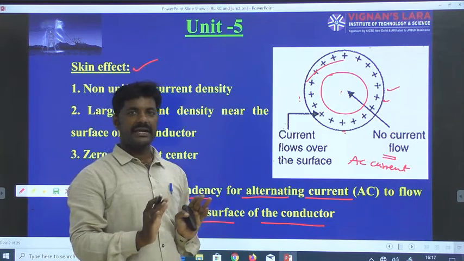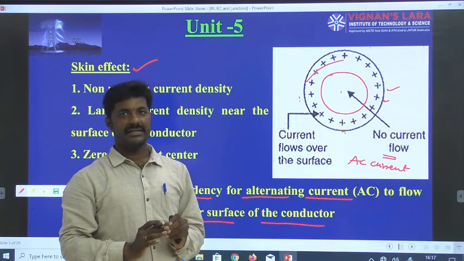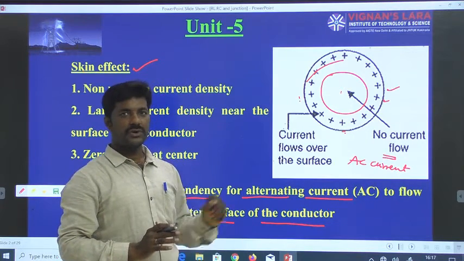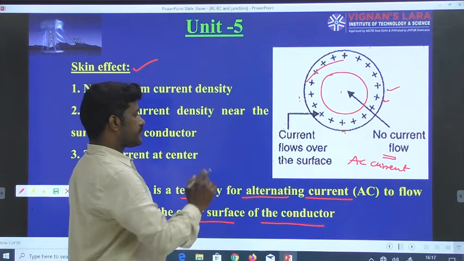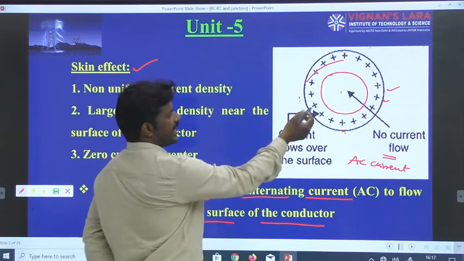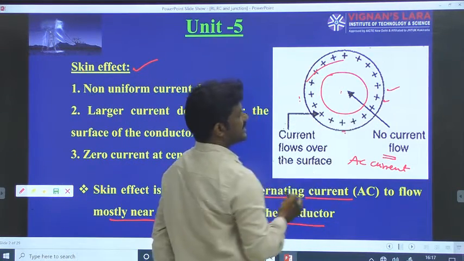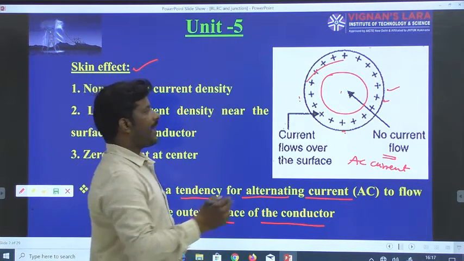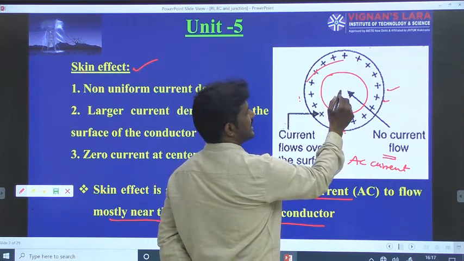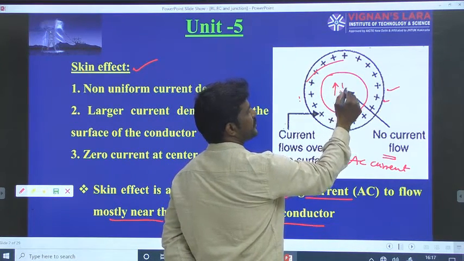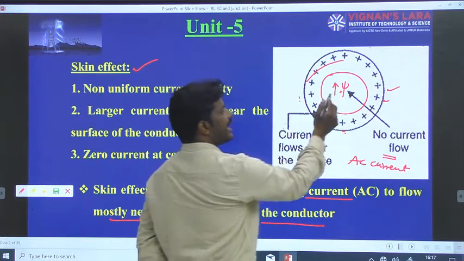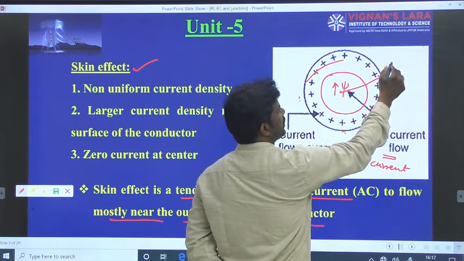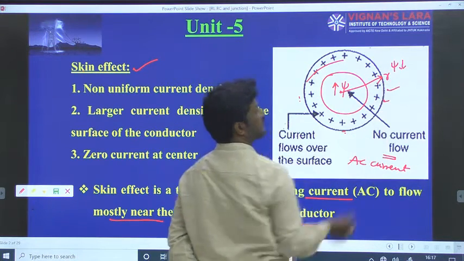If the same conductor is used to carry DC current, then such a skin effect is not present in the DC transmission. It is present only in AC transmission. Because in an AC conductor, we know that there are fluxes developed, flux linkages happen. So the magnitude of the flux linkages at the center is higher, psi is higher at the center, and as the radius approaches the outer surface, the magnitude of the flux linkages goes on decreasing.